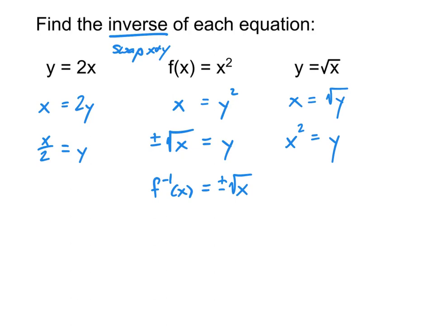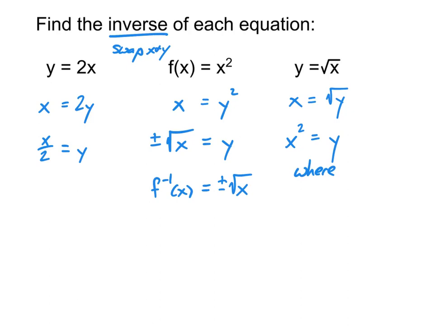Because remember, if I graphed a square root here, it would look like that. It does not look like that. It does not have both a top and a bottom. It only has that one side. And so in my inverse as well, I only need to have one side of it, not both. And so this is where we add in one other little detail. We say that yes, that is the equation